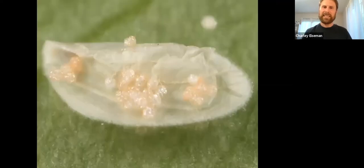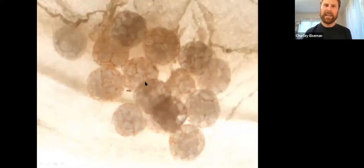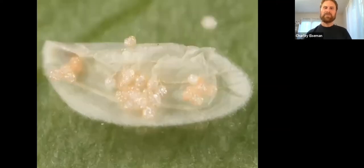So instead, this is what their cocoons look like that they spin away from the plant. They're decorated with these little frothy bubbles, which are anal secretions that have these hexagonal reticulations on them. No one's quite sure what those are for, but they're characteristic of certain gracilariid cocoons. Anyway, so that being the case,